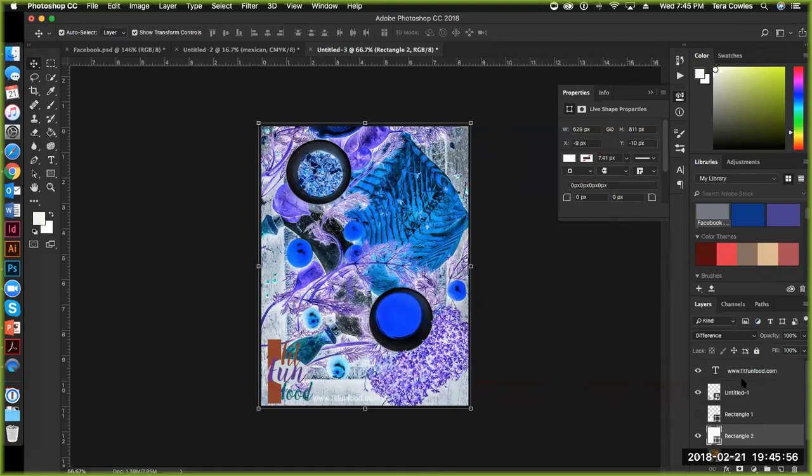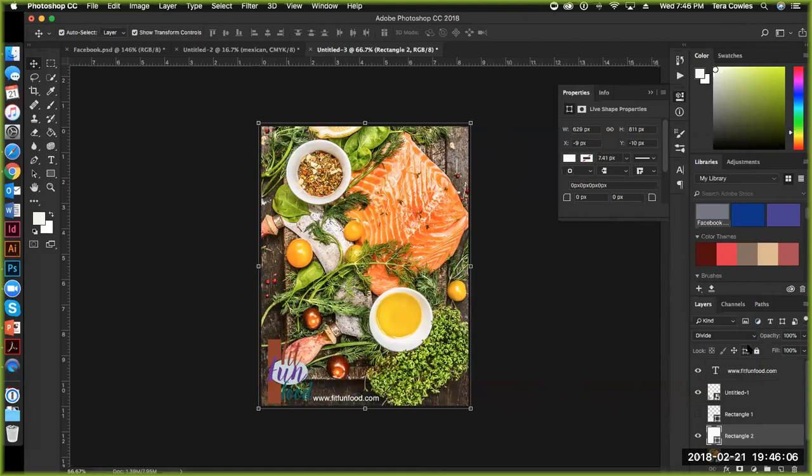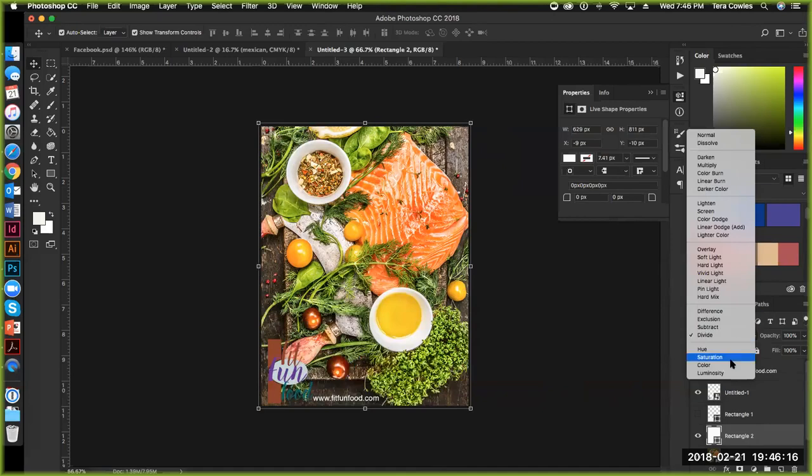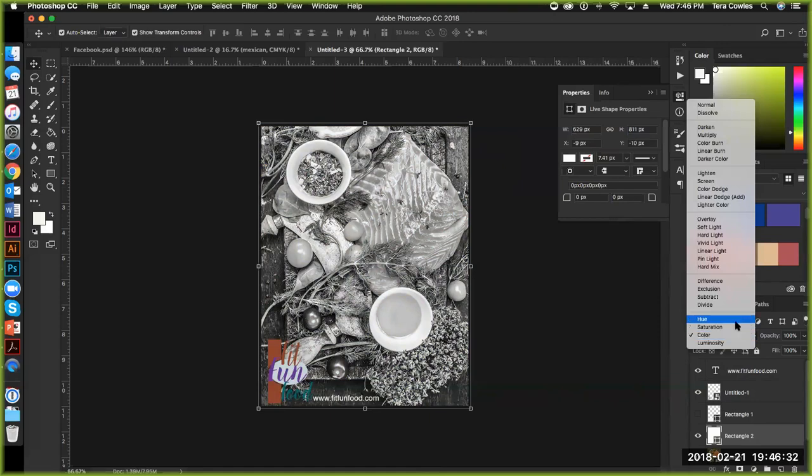That one's not appetizing at all. Don't use that one. Divide actually works pretty well. And do I need 100% fill? No, I can take it down or I can move it up. And there I've got black and white with my color logo. I can do the same thing with my logo and make it black and white on the food. So let's try,